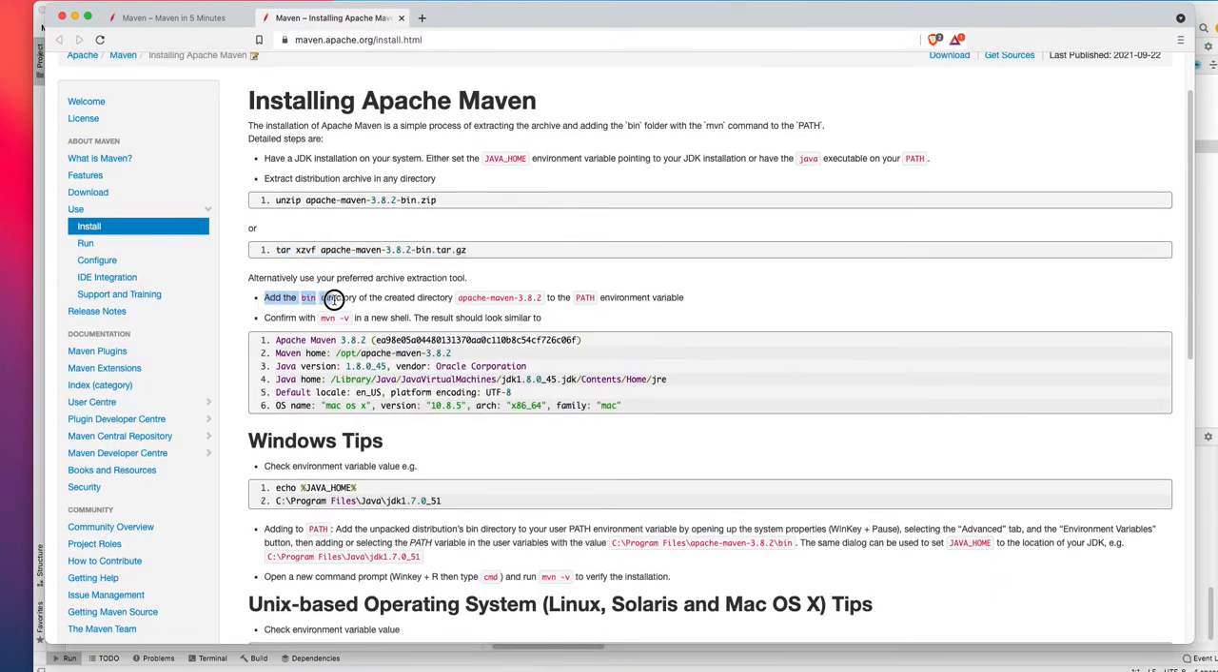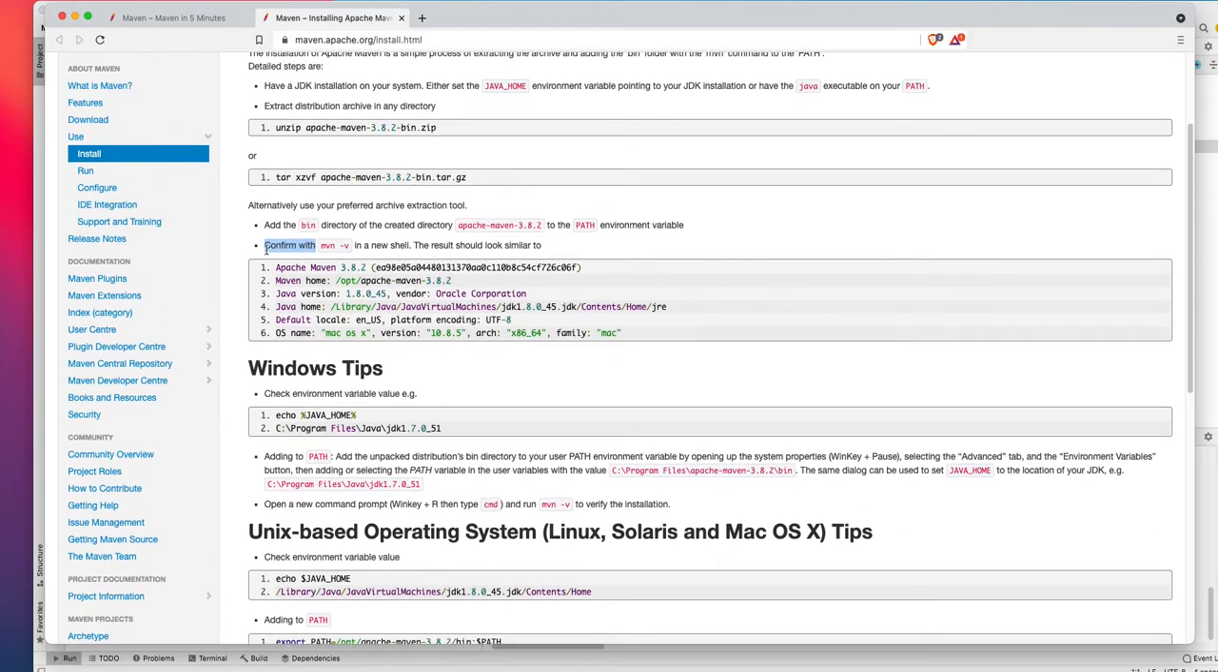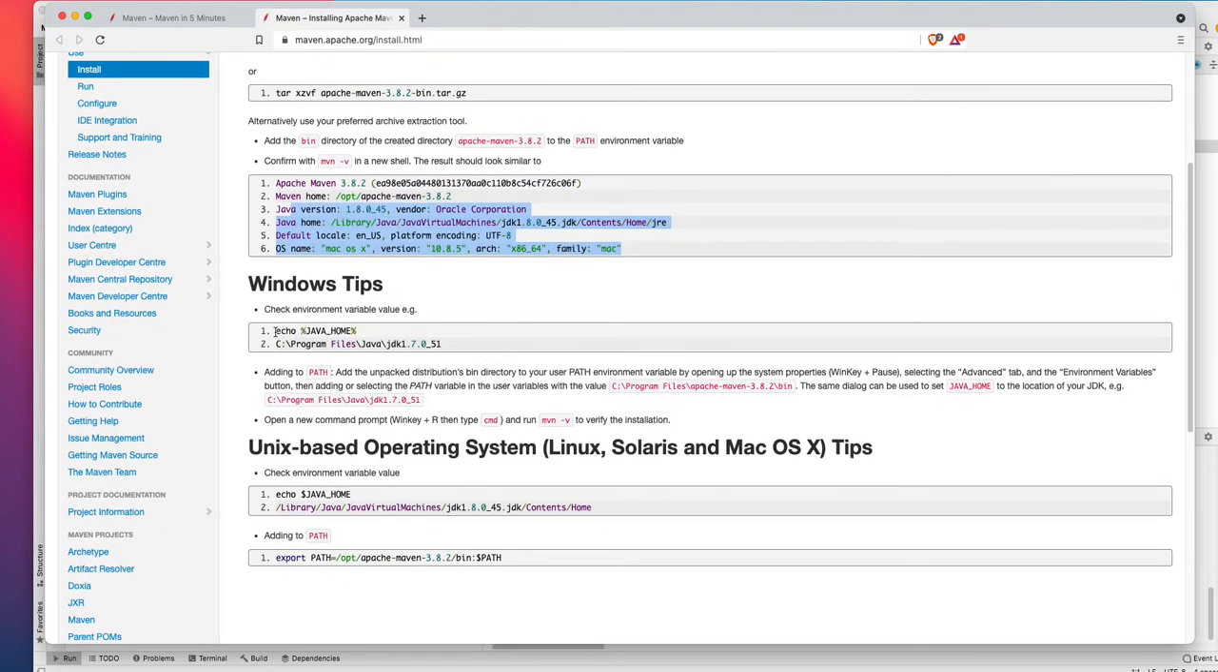Once it's unzipped, inside this folder you will have the bin folder. You have to copy the path up to the bin folder and put it in your PATH. Once it's set in your path, if you type the command mvn -v, it will give you this information, which means it's installed. If you're on Windows with the JDK, JAVA_HOME is already set. If you type in this command, it will give you the path of the Java JDK. You're just making sure you have the prerequisites first before installing